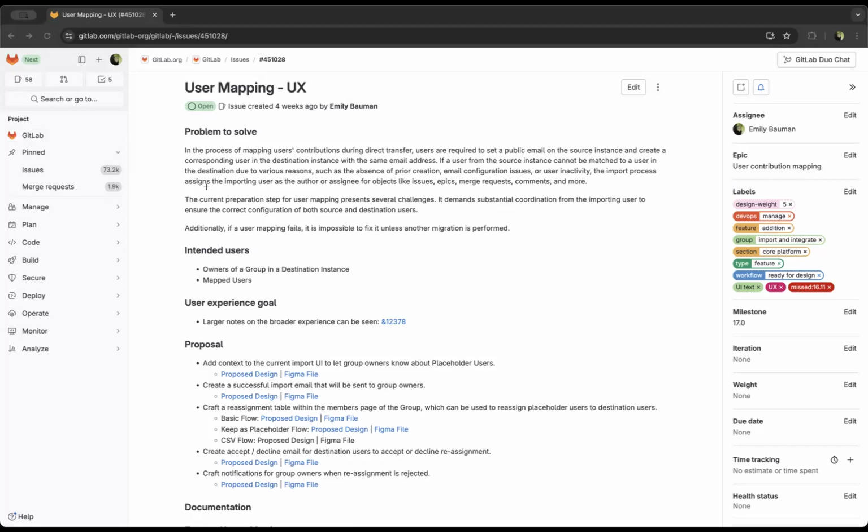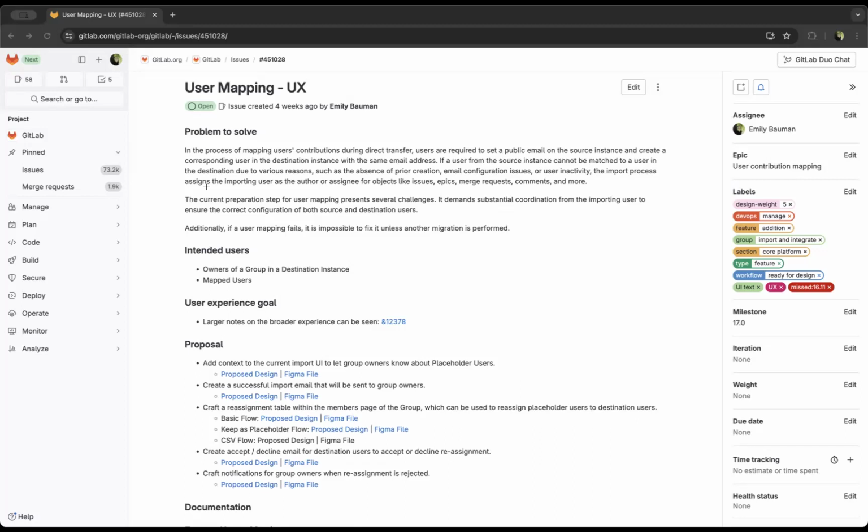We thought the typical spot, where group owners have access, is the members page at the group level, since the admin level is a little bit too high. So we're proposing adding a new tab to the members page that has placeholders, where you'll then have